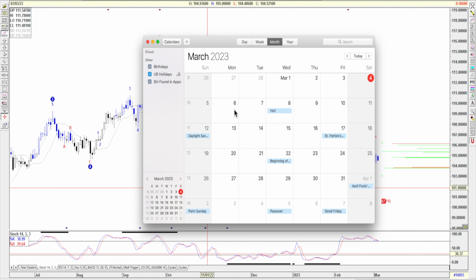In regards to monthly, March is a little weak, but not much. April is the weakest, so if a wave 5 is going to play out, we've got to look at April. But for this week coming up, those are the bullish days and the bearish days.